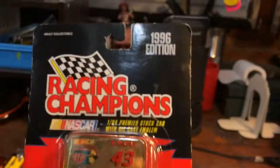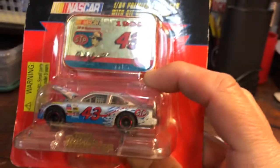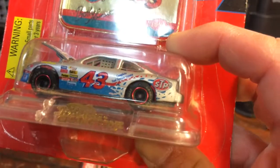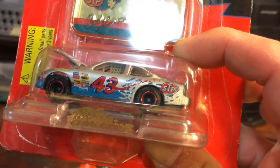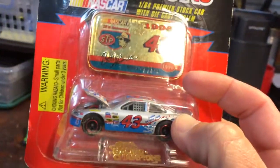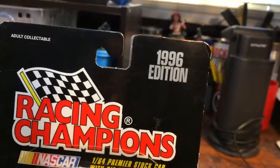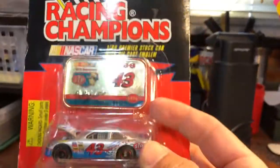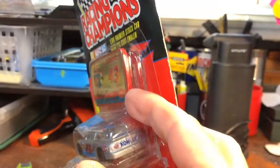Let me show you this one first before I talk about the package I got in the mail. Racing Champions number 43, Bobby Hamilton. Comes with, like, I guess that's a magnet. I'm going to crack this open a little bit, put it in my collection. Real rubber tires, opening hood, made by Racing Champions. From 1996. I paid $2 for this. This was at a thrift store in Bethlehem, Pennsylvania. $2. I don't normally pay $2, but I spent the whole day hunting, and this is all I was able to find,